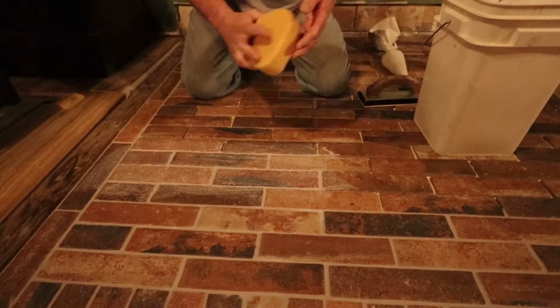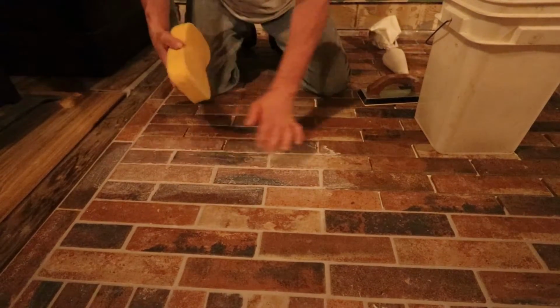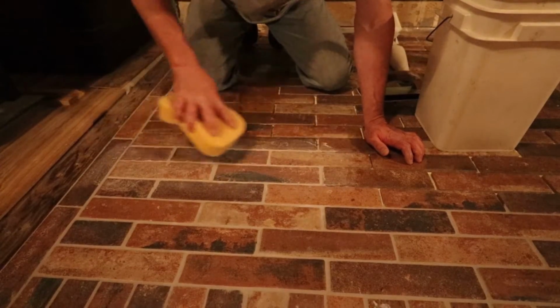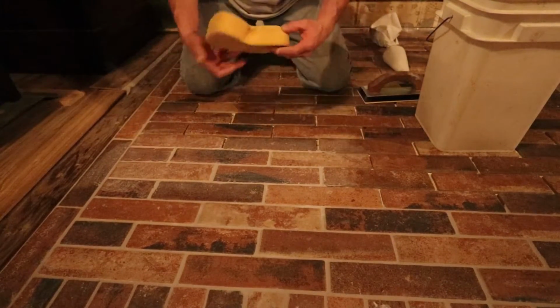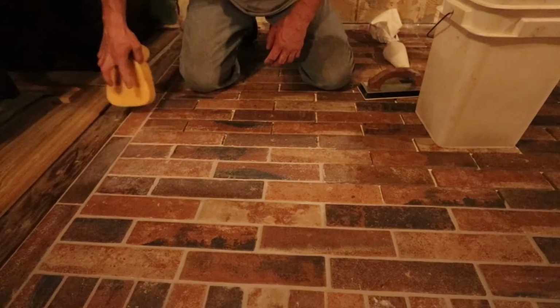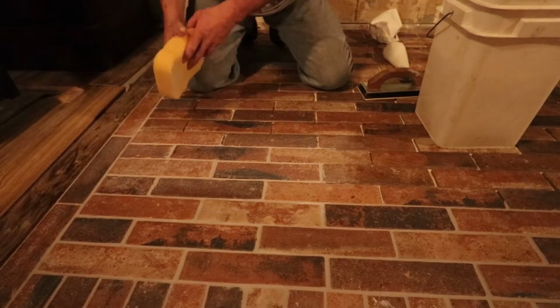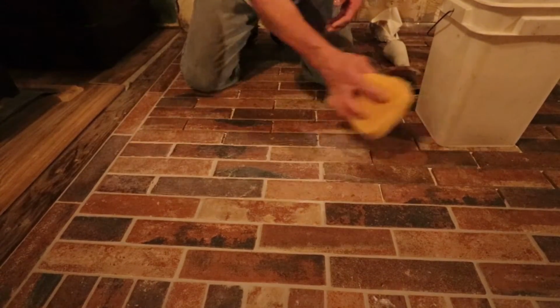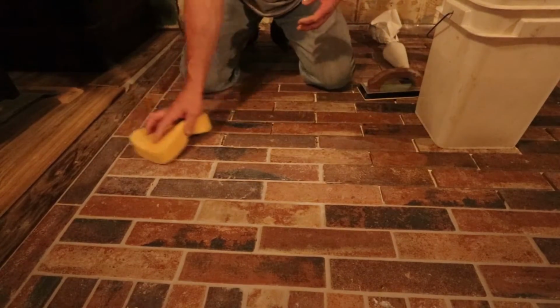You just have to kind of gauge what pressure to use to get the grout lines to fill in and get all the air voids out of them. And then after you get it, then just real light pressure with your sponge to try to get the face cleaned back off,